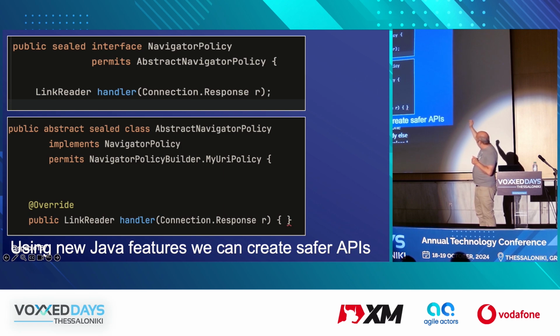So you can see what I've got here. I've got two classes, right? What we're going to use this for is to create a new shape of an API. So I've got interfaces, I've got classes there. They look similar to the old thing, but because they're sealed, I can't have other people creating their own versions of the interface because I won't allow it. So I've got the control of this, right?